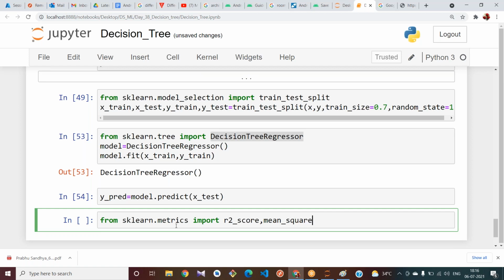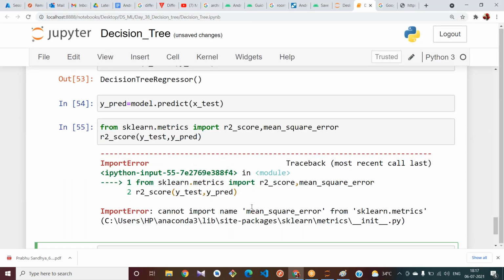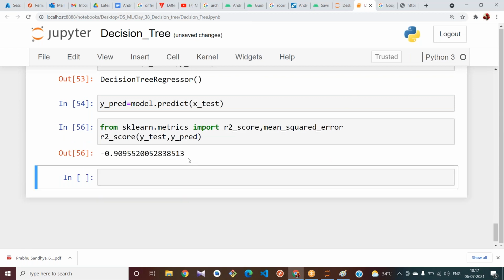It tries to find out the mean squared error. Let us see the mean squared error here. r2_score of y_test comma y_predict. Mean squared error, I think.